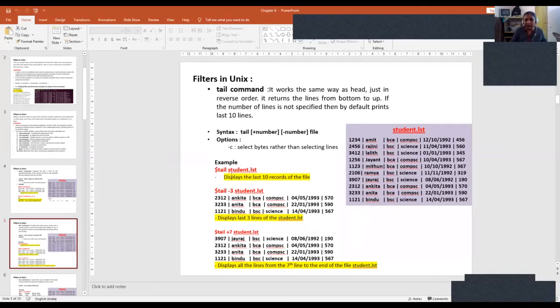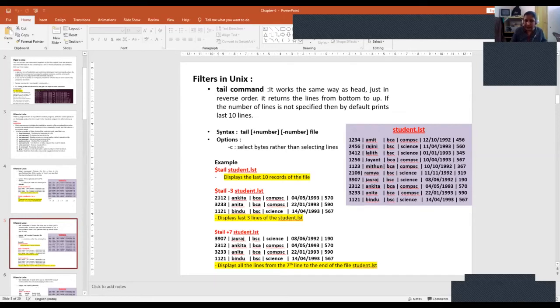As an example, if you say tail student.lst and don't mention anything, then it will display all the 10 records of the file, because student.lst has 10 records totally. It is not because of the default, but whichever rows you have in that particular file, everything will get displayed.